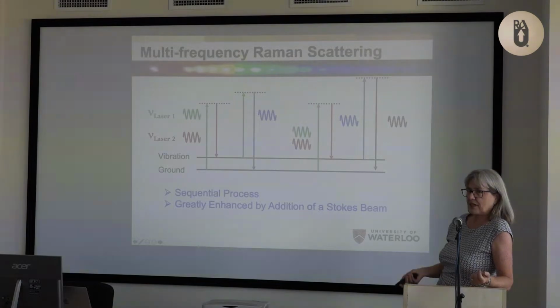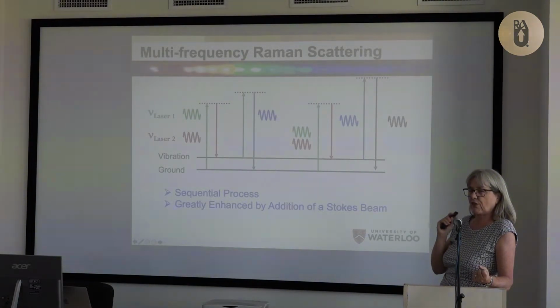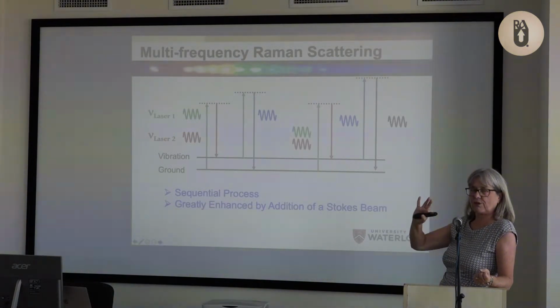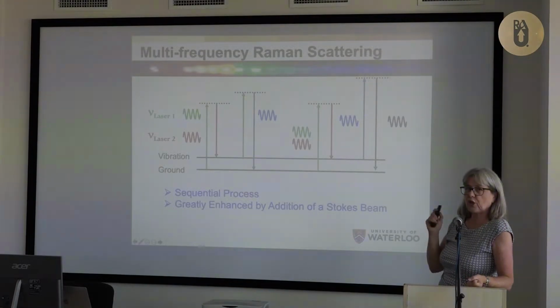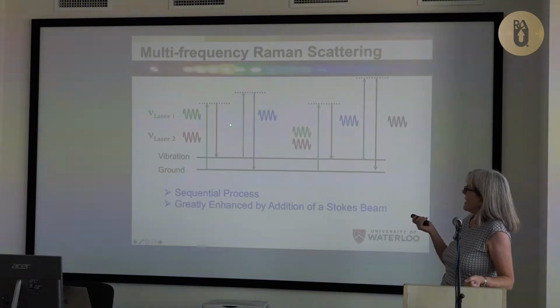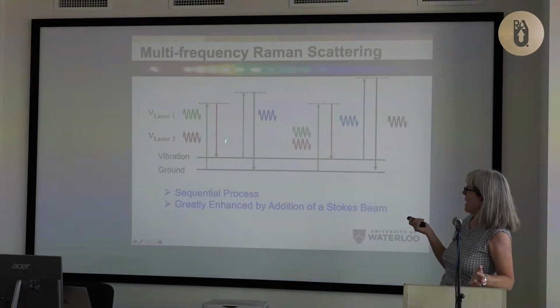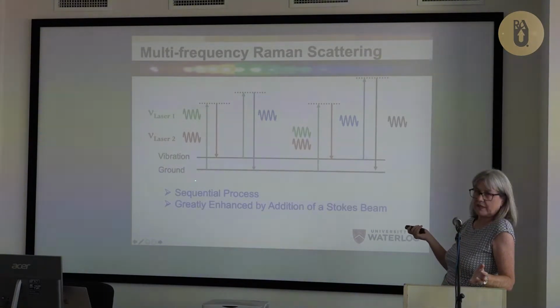It is a cascaded process. It really is just a third-order nonlinear process. It's not like higher-order harmonic generation, which is a high-intensity effect. It is a third-order nonlinear optical effect over and over and over again. Because now we're not just having one, low power. Usually when they did CARS, one was strong and one was weak. Now we're going to put in two strong ones, and we are really going to couple this dipole.